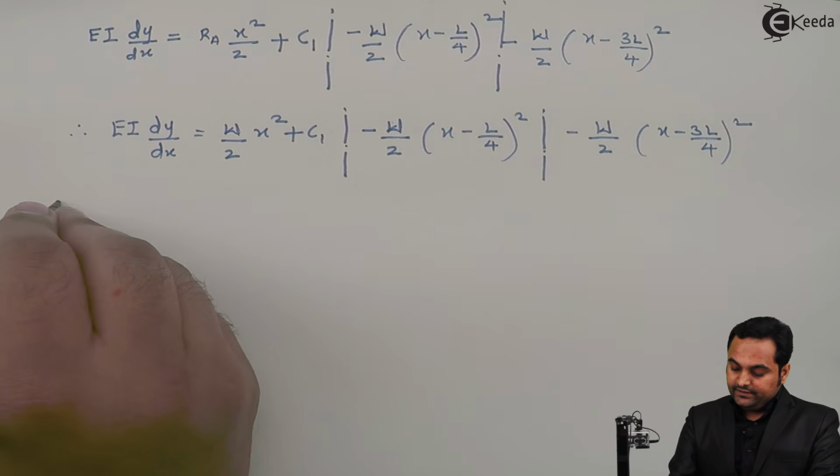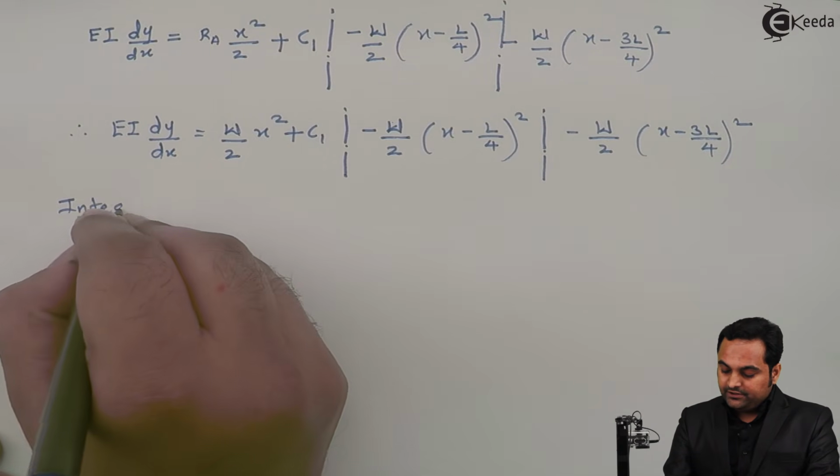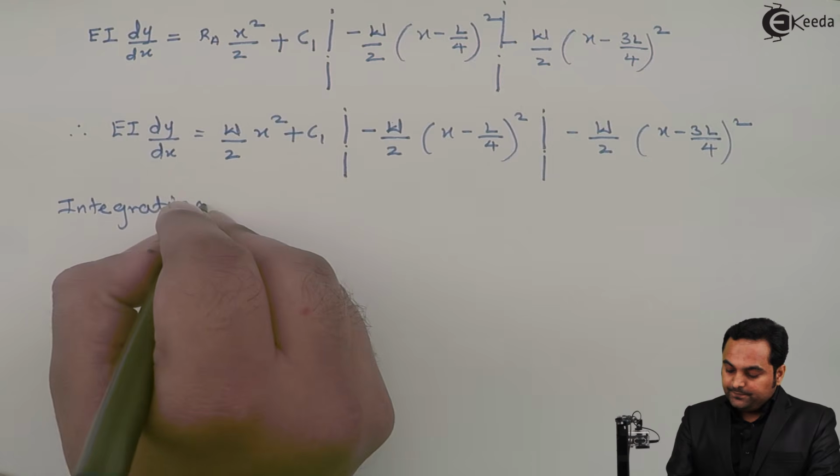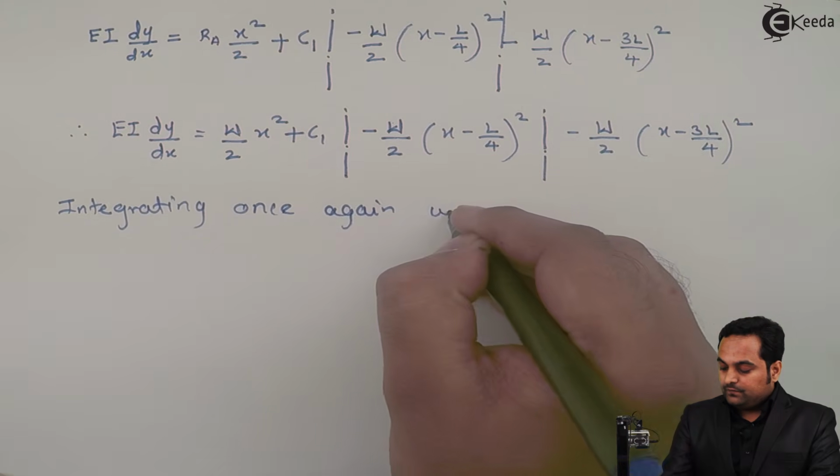Next, since it is a double integration method, integrating once again we get,